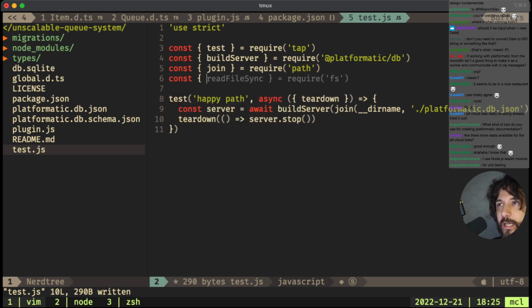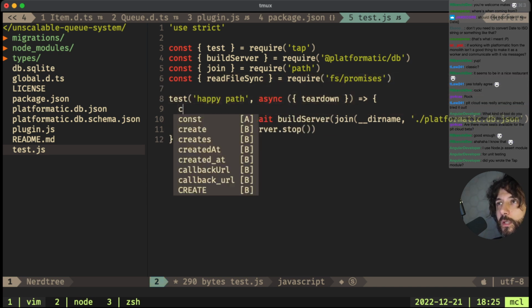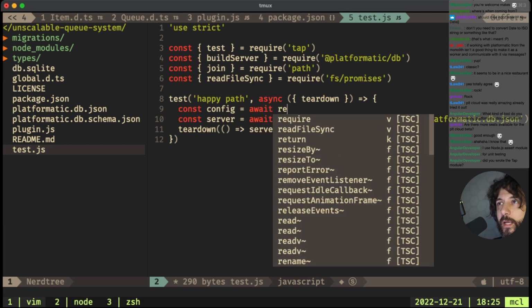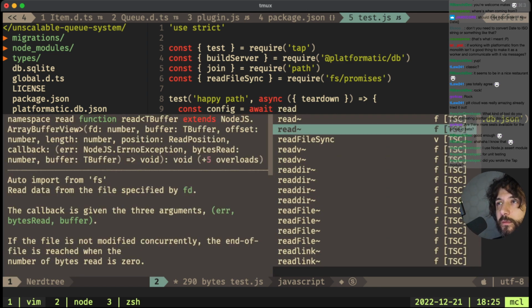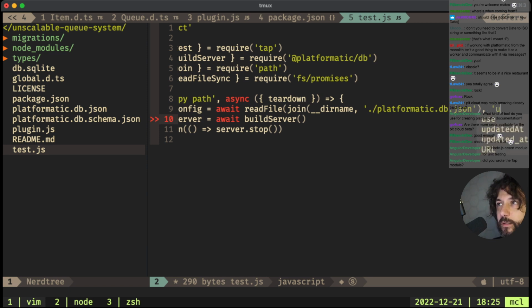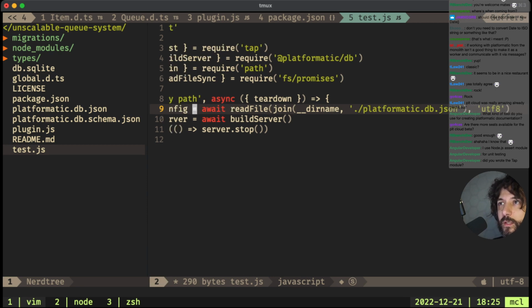So let's add a read file promises. So I want const config await read file. I want to read the config, UTF-8, and then I want to JSON parse this.